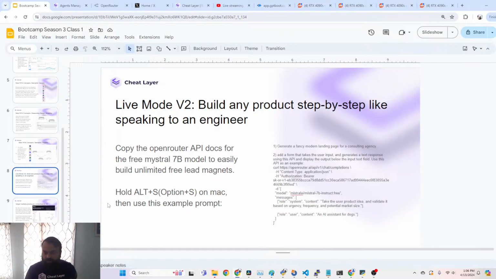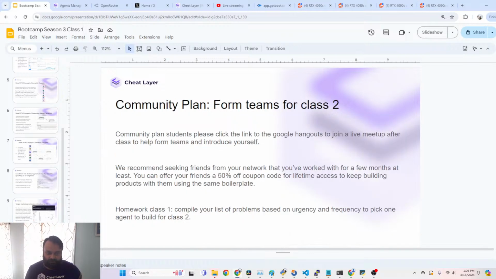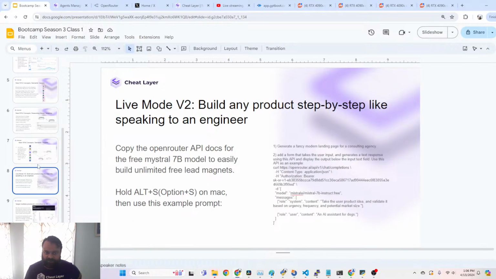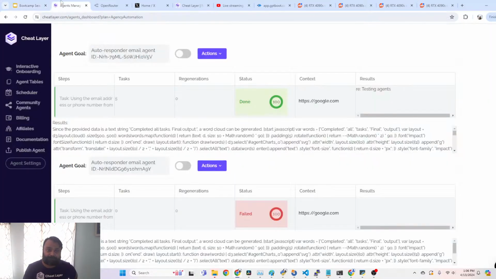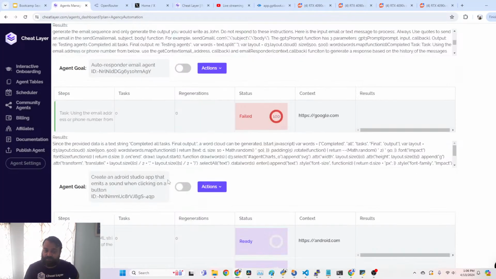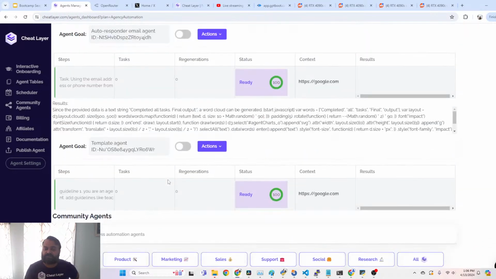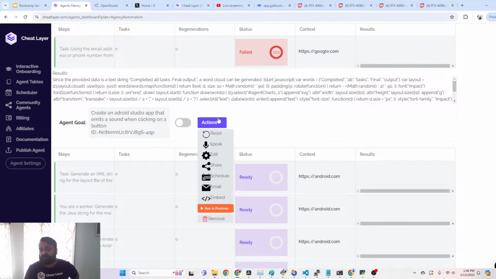Okay, so we're running a little bit over the hour, so I'm just going to go through this last demo really quickly. We also have something called live mode, which we actually use to build our entire agent's dashboard. Live mode allows you to build products step by step, like speaking to an engineer, and you can build super complex products like our agent's dashboard that allows agents that have voice, email, SMS, and embedded agents.